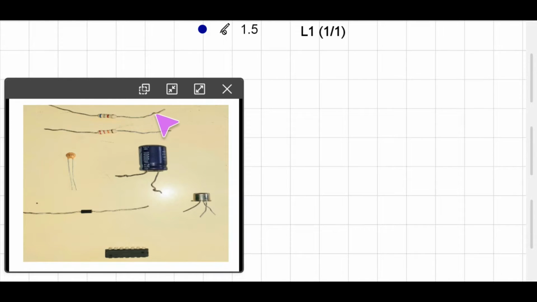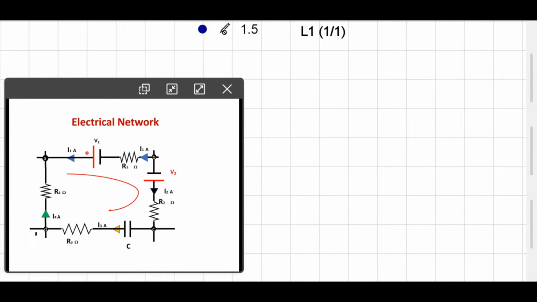So here when we talk about resistance, in the figure it is shown that these are the resistance components which you actually are going to use in the laboratory. So these are resistances where color strips are there. These are capacitors, that is ceramic capacitor, electrolytic capacitor. This is a diode, this is a three terminal device, that is a transistor, and this is an integrated circuit. So such components are interconnected to form an electrical network, and that we are going to see.